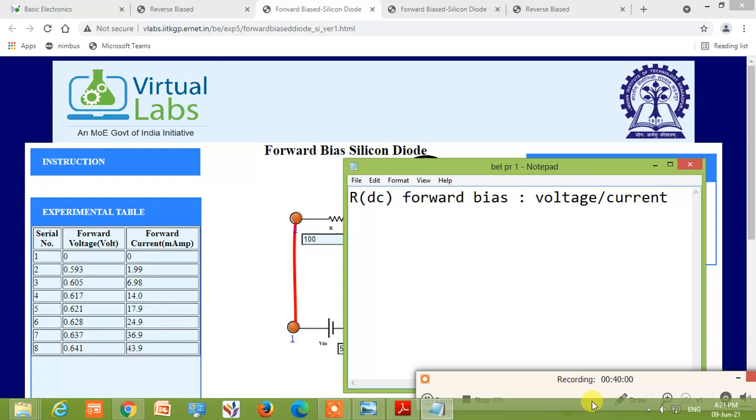So R DC is equal to, say voltage, let us take the seventh value, because after 0.6 the forward current starts flowing.